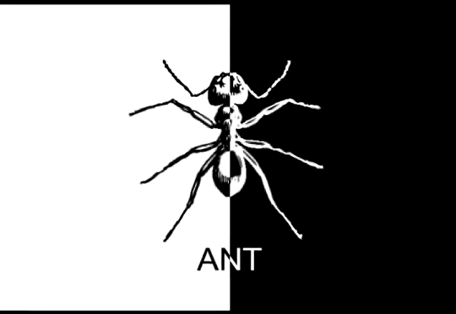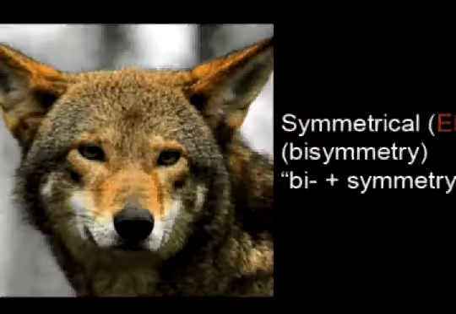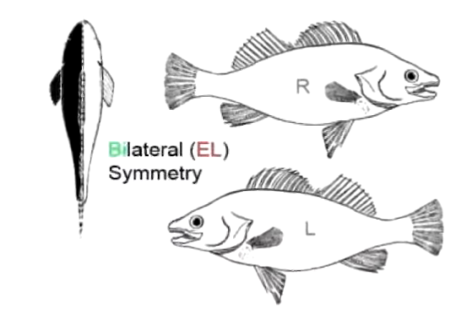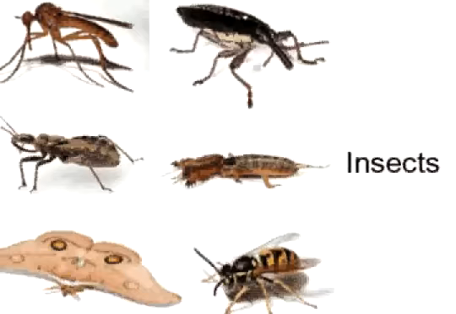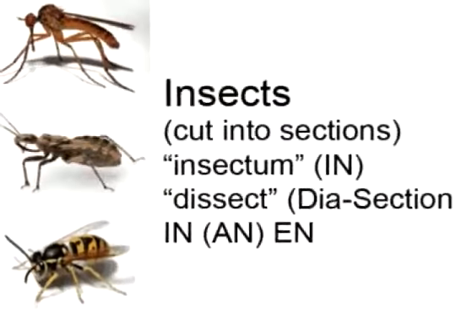Nature's dualistic principle of duality. It's known as bilateral symmetry. So a human and a fish are both animals because they have bilateral symmetry, exactly like insects, which actually means in sections,